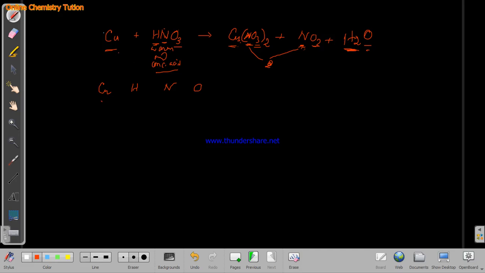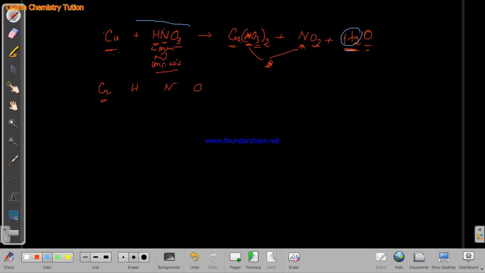So we will check copper first. Copper is 1 here and 1 here, so copper is already balanced. Now we will discuss hydrogen. Here hydrogen is 1, here hydrogen is 2. 2 hydrogen is present here. So